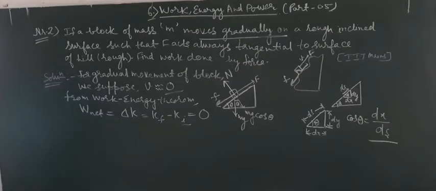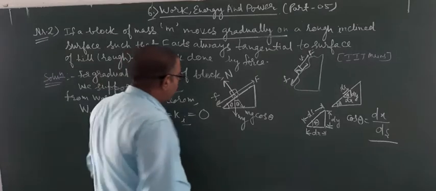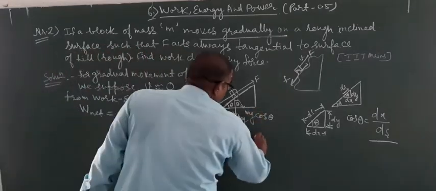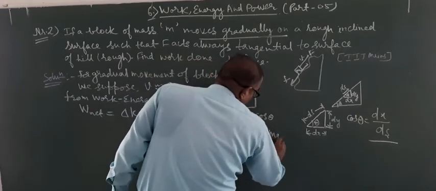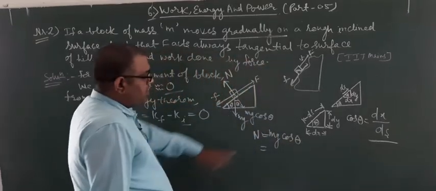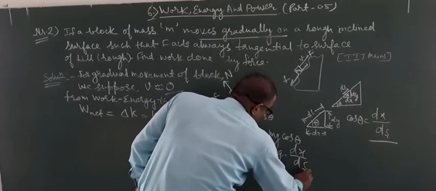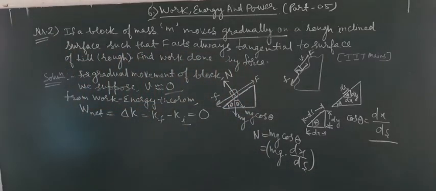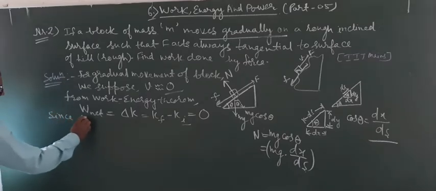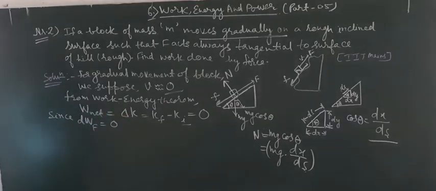Now we can find out the work done. First of all, calculate the normal reaction. Normal reaction is equal to mg cos theta. Cos theta we had calculated as dx upon ds, so we can write it as mg into dx upon ds. Now, for the different forces, we will try to find out the small work done. Since the work done by the applied force is equal to 0, the net work done dWf we can write